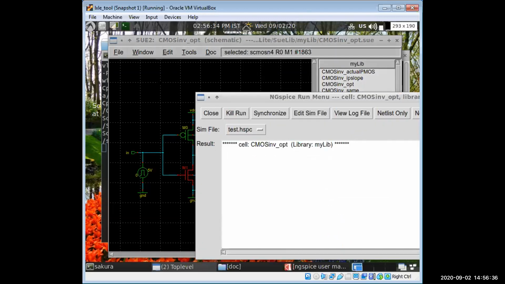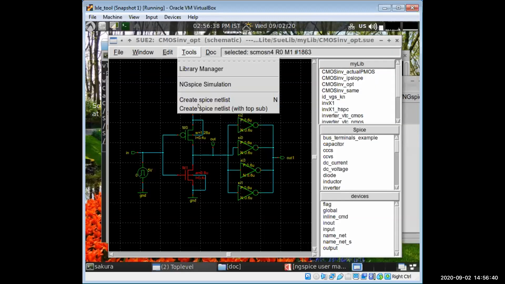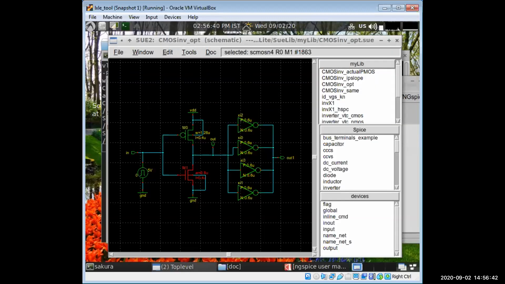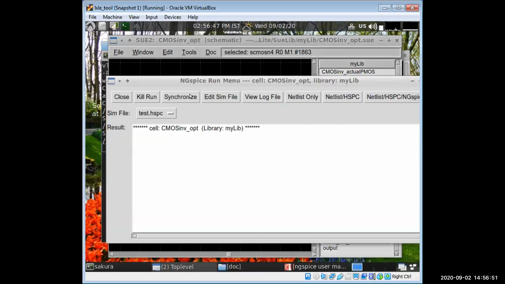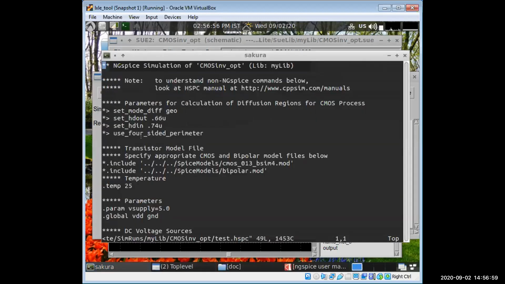You can also create a netlist by this option, create spice list with top sub. It will create with subcircuit. So let's go here in the spice run menu. Then you can also edit sim file, as I have said in the previous class. Then you can see this is the hspc.hspc file.